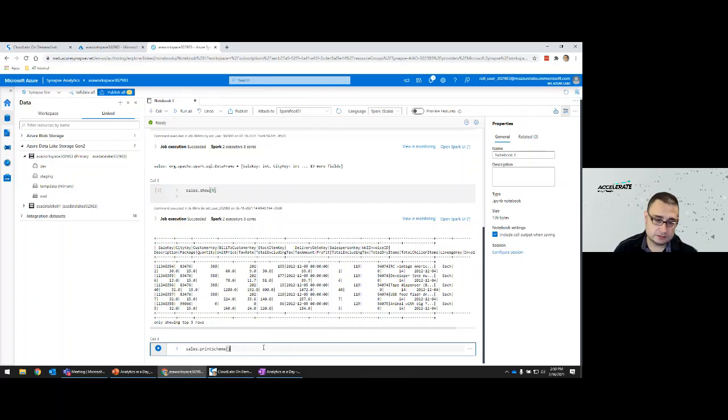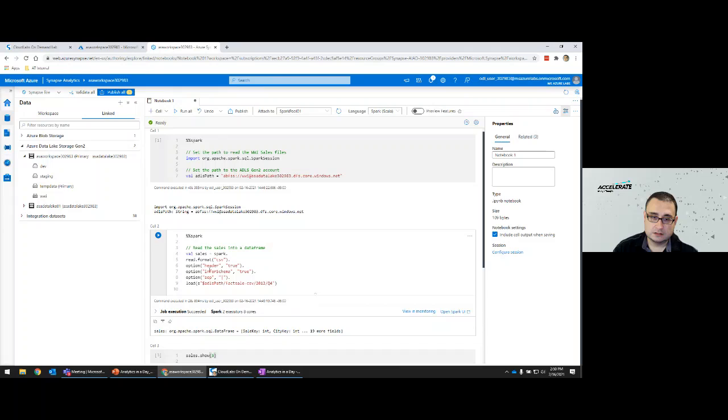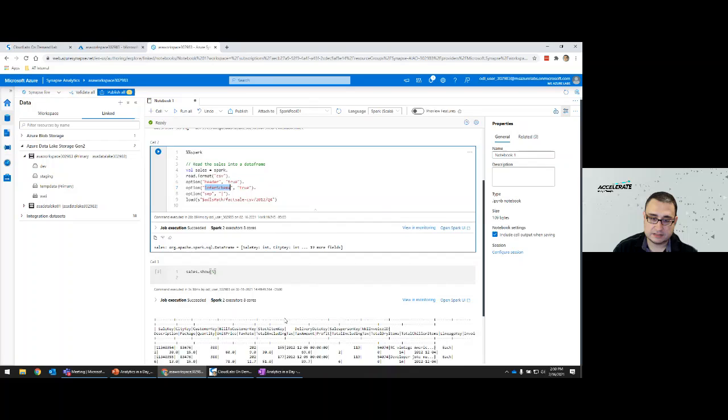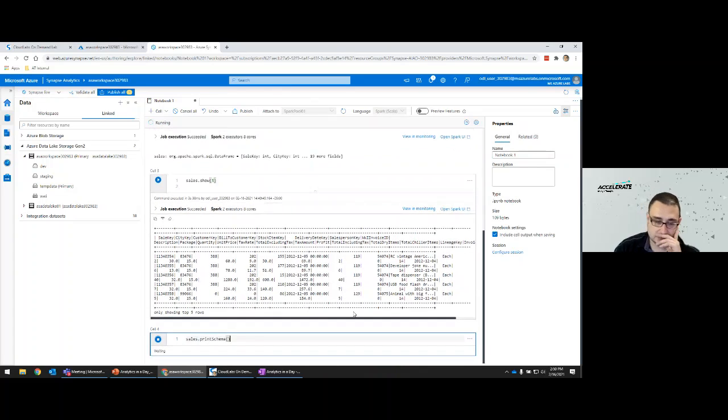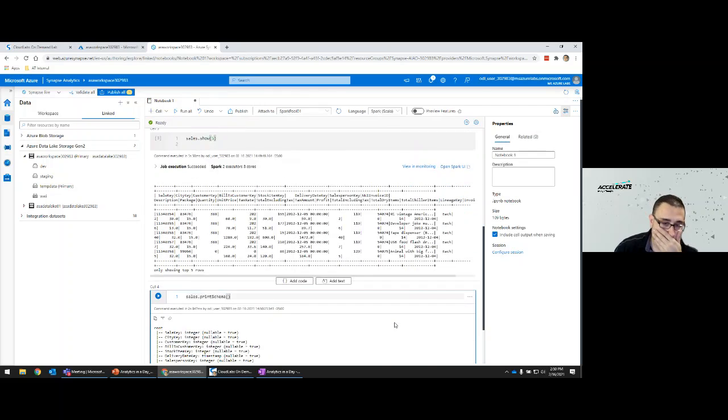And then the next thing we're going to do is ask it to show us what is the schema that it inferred from that first cell, cell 2, where we asked it to infer schema for us. So let's see what schema it inferred for us. So we're going to execute that.